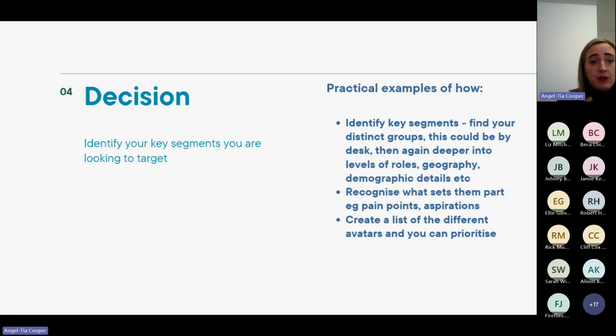I would be very surprised if there was one avatar in any business, because straight away you've got candidates and clients. So that's two. And then when you start to think about the different sections and areas within your business, the different levels of hiring, the different ways that you hire. So are you productizing? Are you just contingent? Are you retained? What's the difference in those customers? What makes them different? What's the difference between a retained customer and a contingent customer? What sets them apart? So you start to think about what it is that identifies these people, and you can build your segments from that.